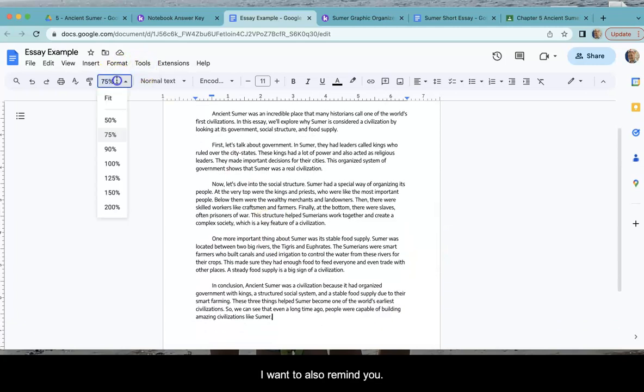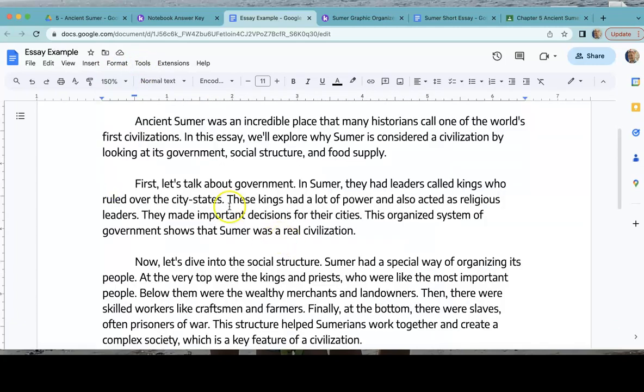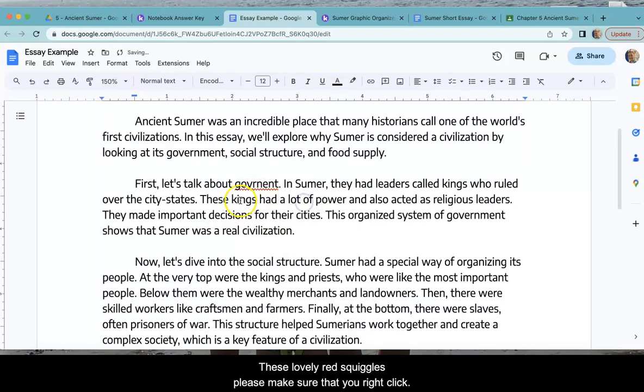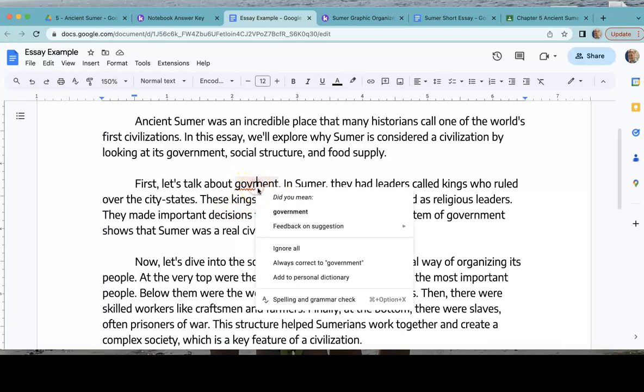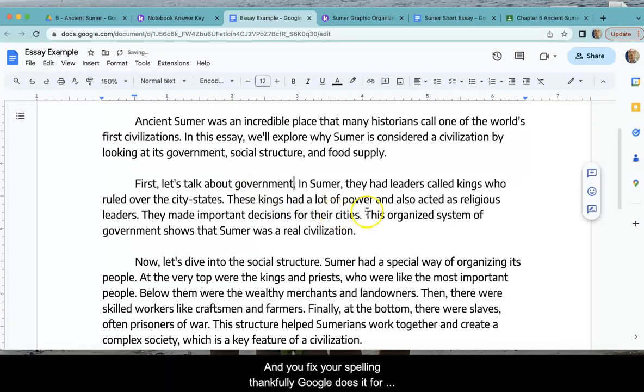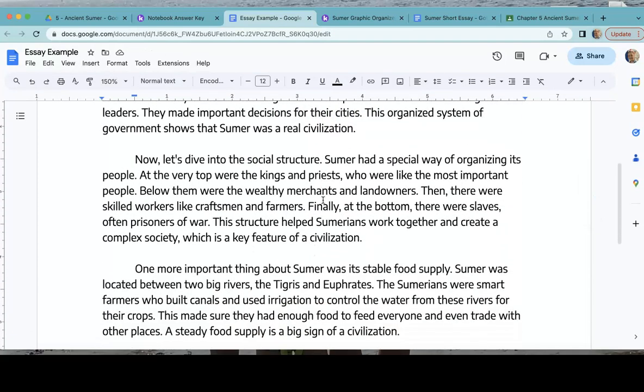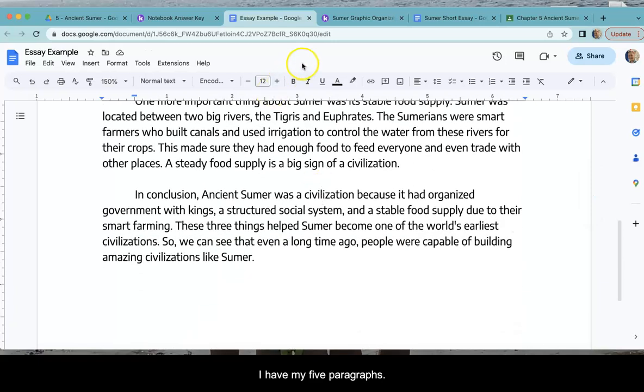I want to also remind you, if you see these lovely red squiggles, please make sure that you right-click and you fix your spelling. Thankfully, Google does it for you, so there is not much thinking involved. You just have to fix it for me. And I have my 5 paragraphs,